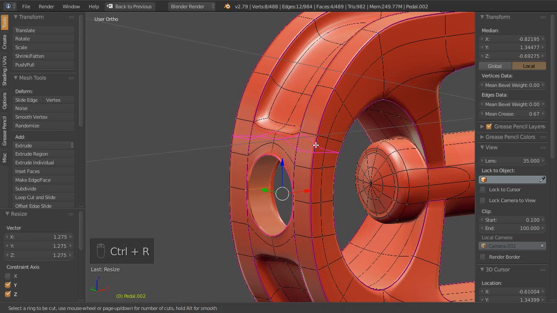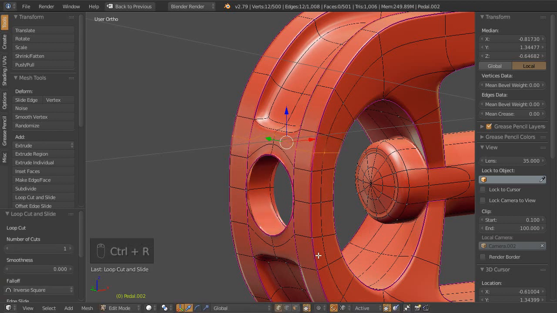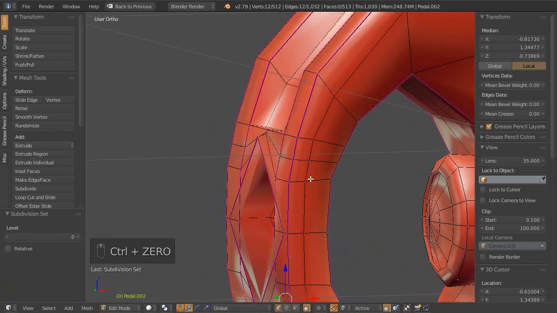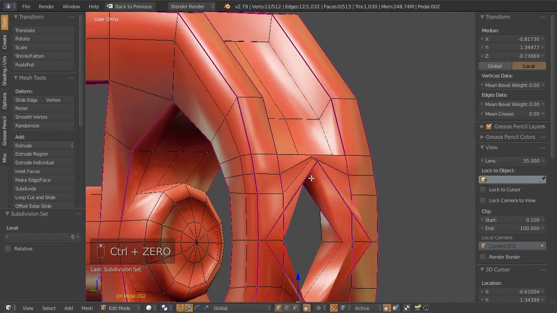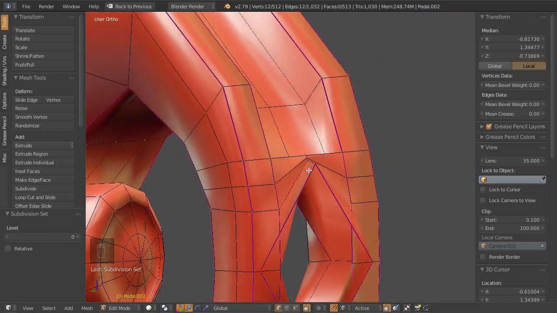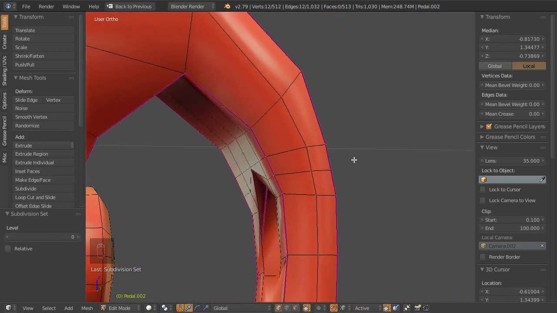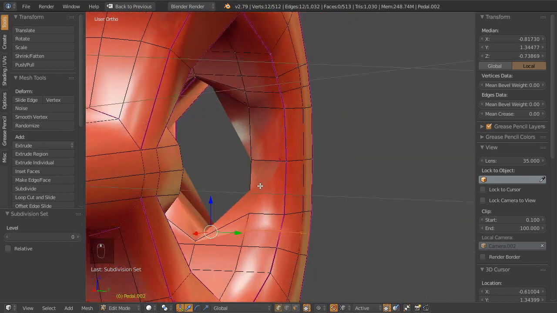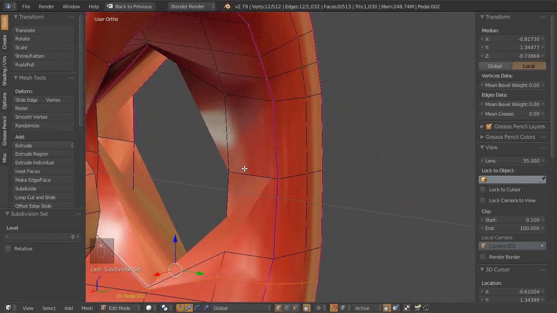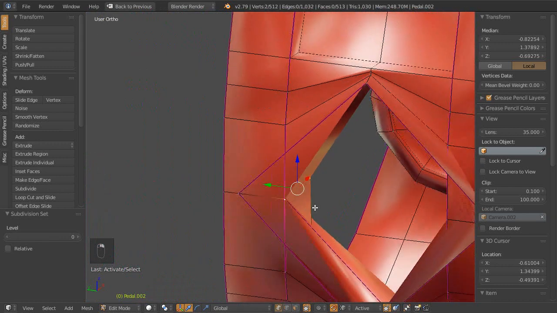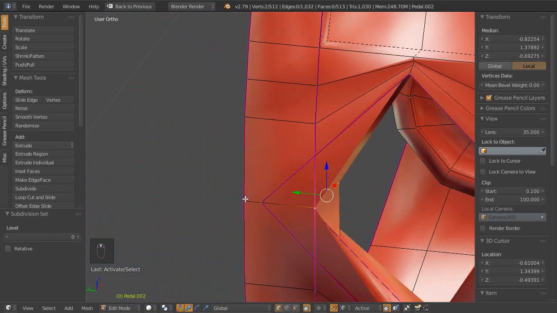Put a loop in there, and Control R, a loop in here. Control 0. Some of these are already ugly in that sense. Really, really ugly. This doesn't look right at all. That's because these needed to come further out as well. That's not a problem. That's right along the